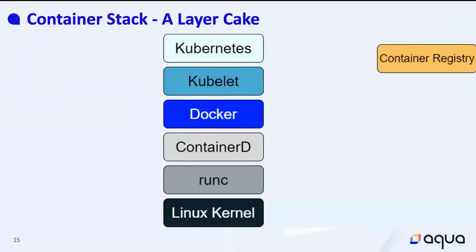You will have, on top, the way you interact with the Kubernetes cluster, you will have the container runtime, and everything is working on the Linux kernel. So you have all those different layers. And then in addition to that, you have outside components as well, such as your container registry, that you will have to keep in mind, like how secure is it if you're using a private registry? What are the configurations of the container registry that you're using externally? So there are lots of different components.